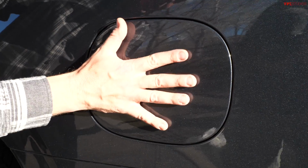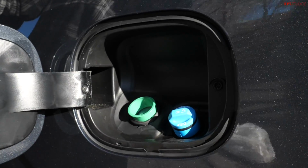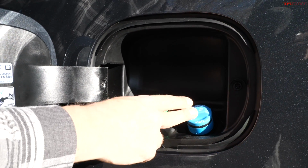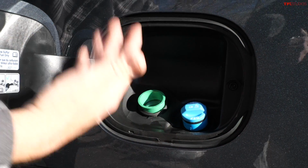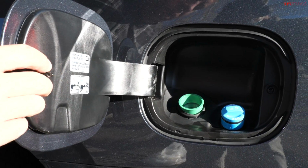Just take a look at the side of this fuel door. It's humongous. And of course, here's where you put your diesel and your DEF fluid. And you know, DEF fluid, you shouldn't worry about it too much. Maybe every 5,000 miles, the truck will tell you, depending on your usage, how far you can go before you